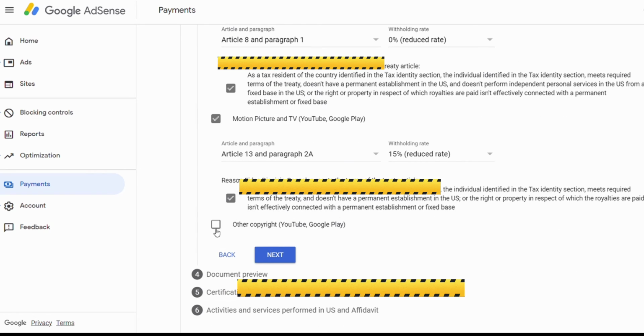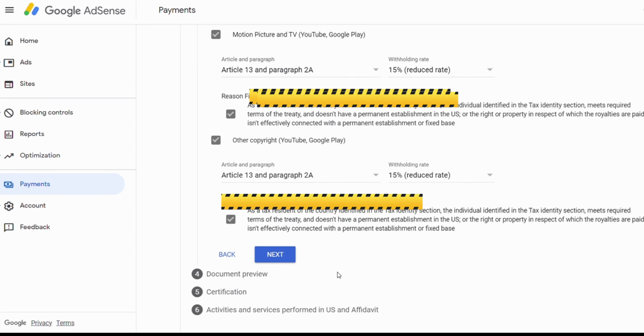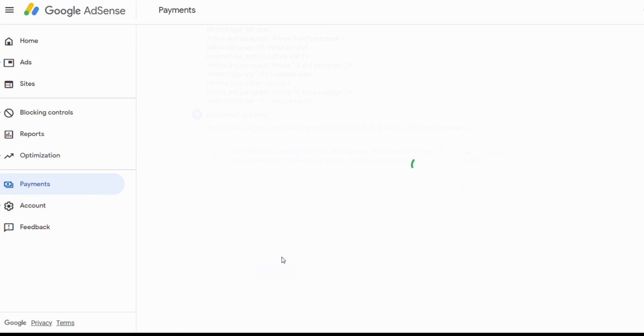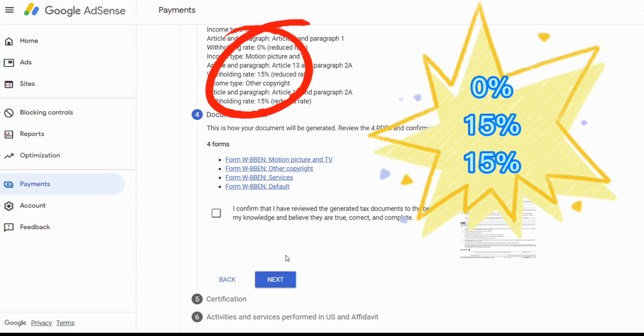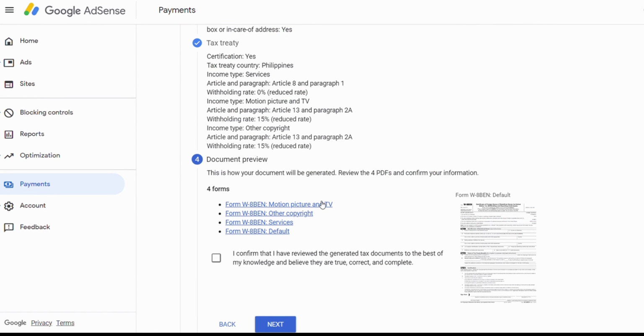Then, the other one, 15%. Same procedure. So, 15%. Okay. So, i-tick lang natin siya. Then, next. So, yun, lumabas na siya. 0, 15%, 15%. Okay, so sa number 4, document preview, pwede nyo siyang i-open to check kung tama ba lahat